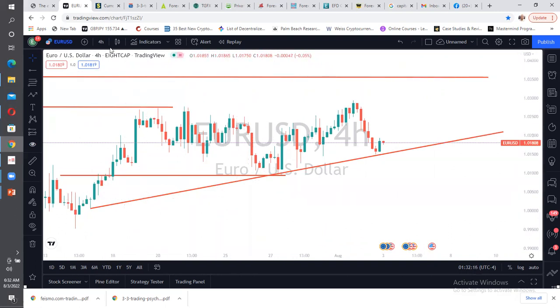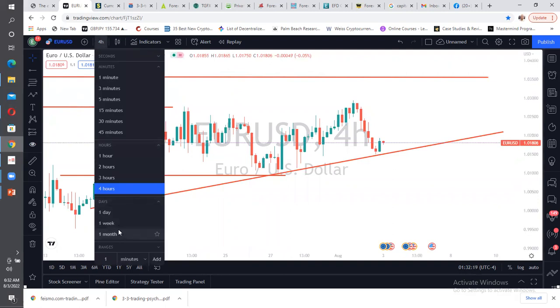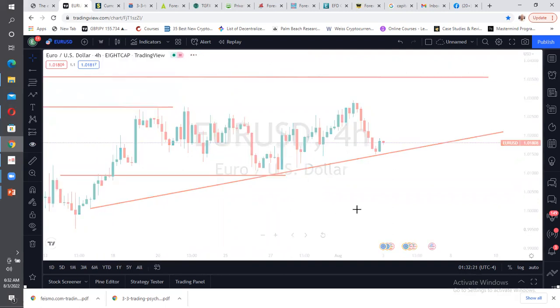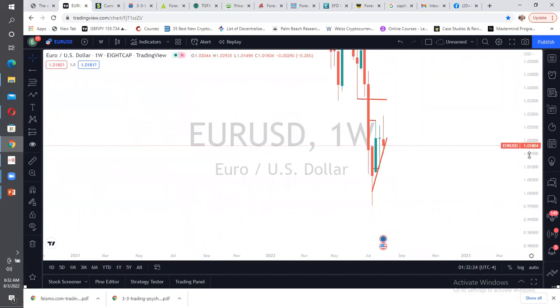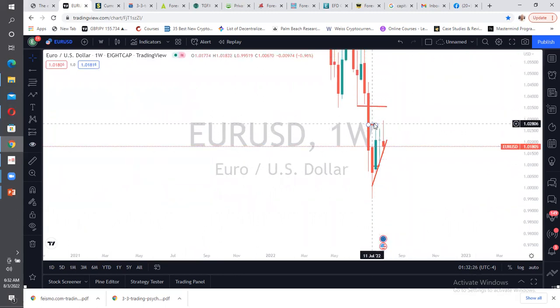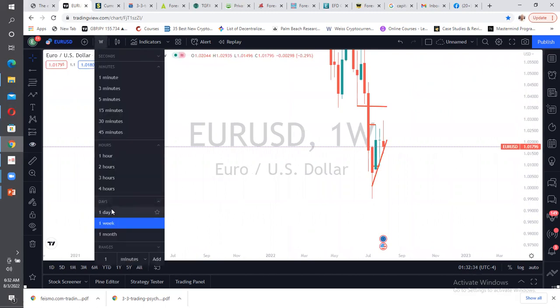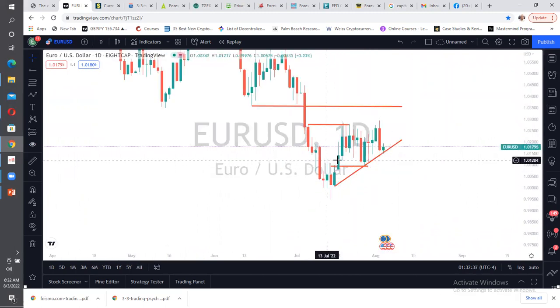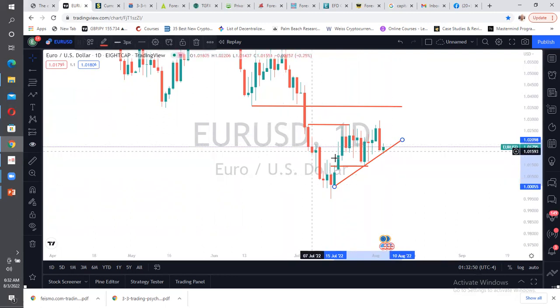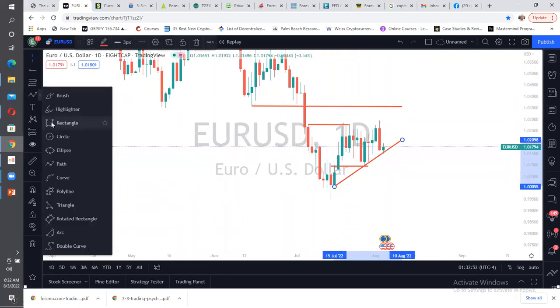So let's go to weekly. You see on weekly, the market has rolled into this fair value gap and we expect it to flush below this level, but I'm not seeing them flushing below this level. Then if you go to daily, you see we'll have a break of market structure. All right, we'll have a break of market structure here. Then after that, we'll have a pullback. But then it didn't get down to the other block here. Let me put the other block there.